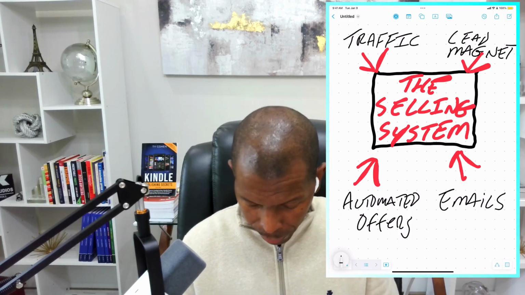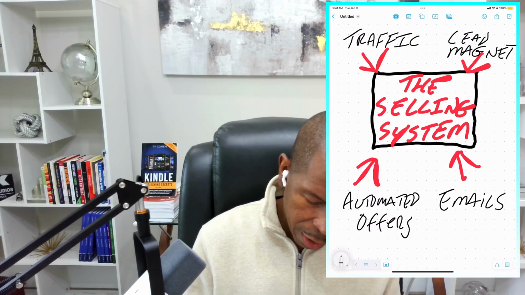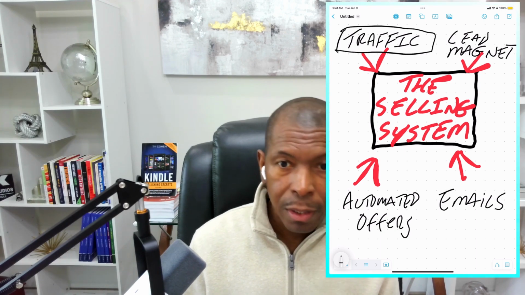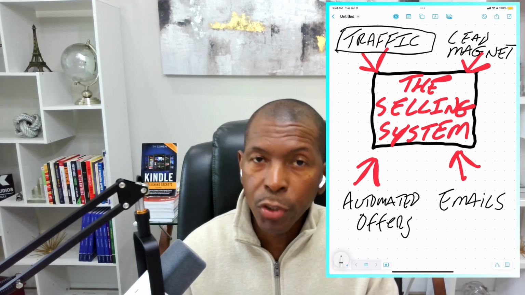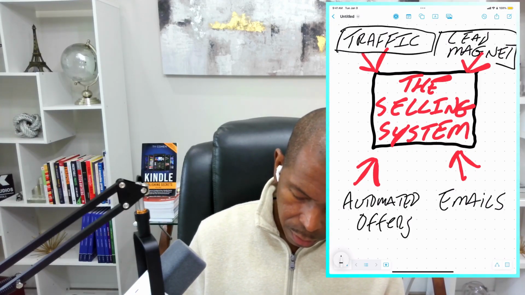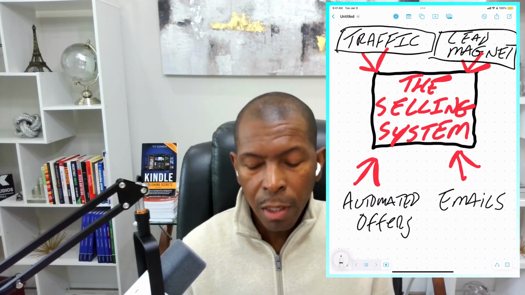All of them are connected, right? It's the traffic, and I'm gonna actually play with my pen here. So it's the traffic that arrives without you having to post every single day, unless you want to, and we'll talk about that. And then it's the lead magnet, and the lead magnet is super important, right? Because that traffic funnels into your lead magnet. It's the lead magnet that captures the right person automatically, all right?